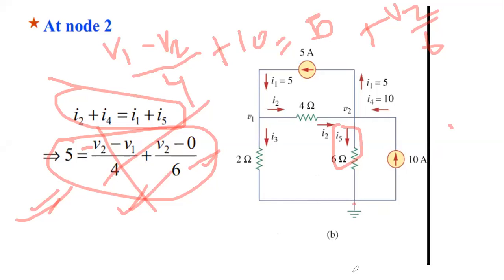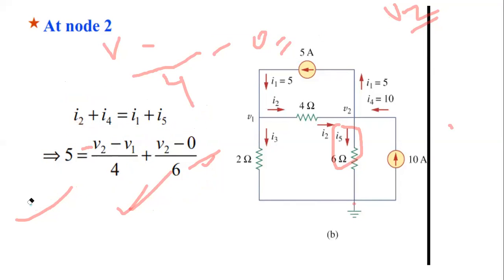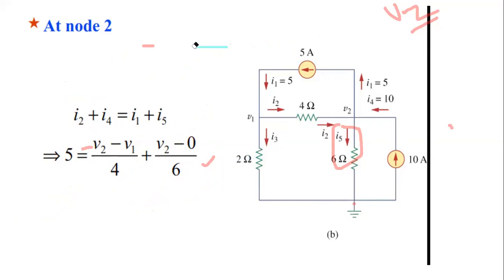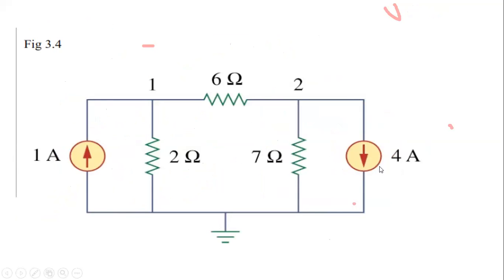So one of you has solved that V2 is coming out to be 20. Vivek Kumar. And V1, how much did it come? V1 is 40 by 3. Okay, so you can solve them. After that, again, this one. Can you write the equation for this? KCL equation. You just note it down and you solve it later.